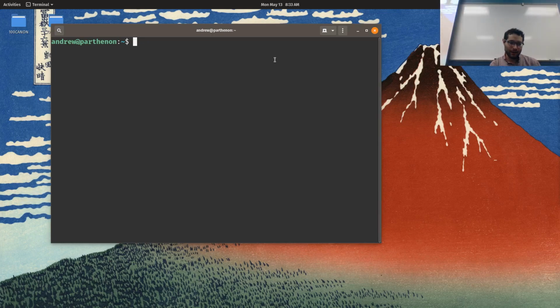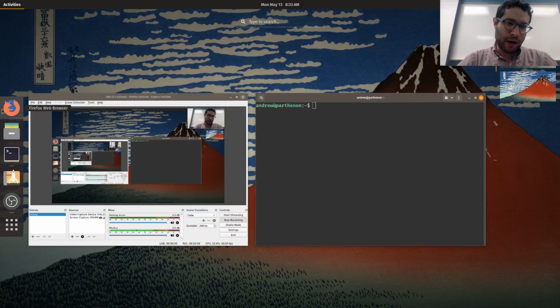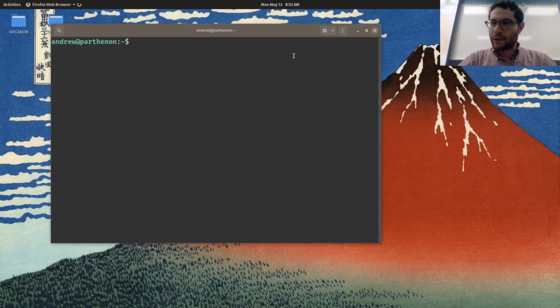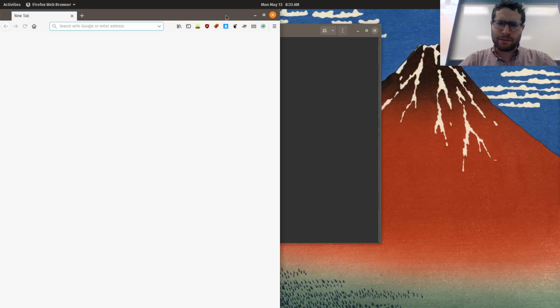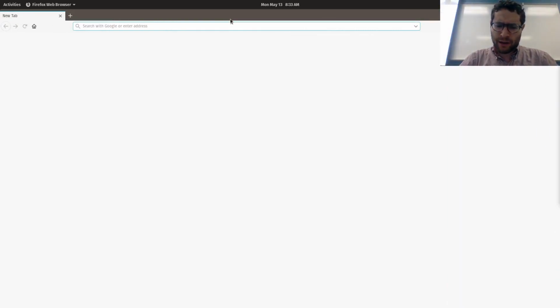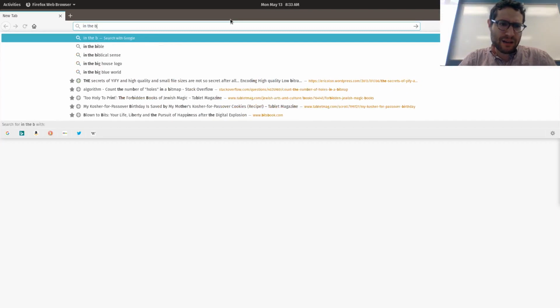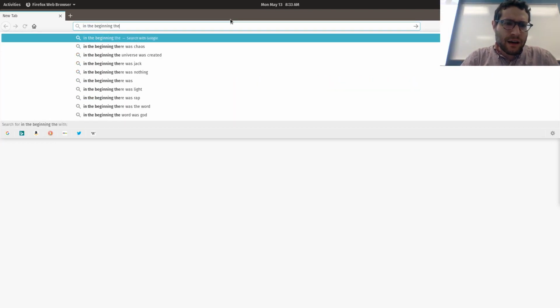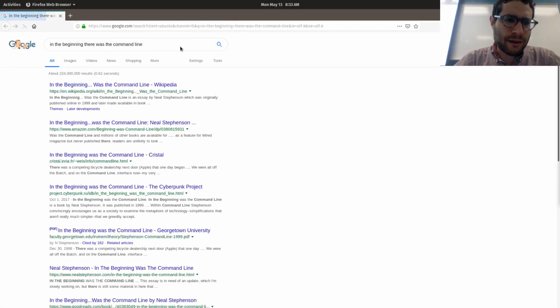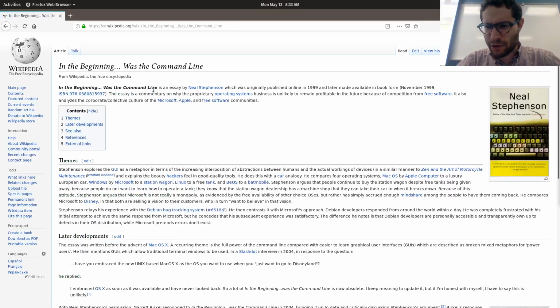Very little. Okay. So if you want to get a glimpse into hacker culture and the idea of how certain things work and the way programmers view various operating systems, this is a bit outdated, but there's In the Beginning Was the Command Line, which is basically an essay by Neal Stephenson, and it is pretty good.